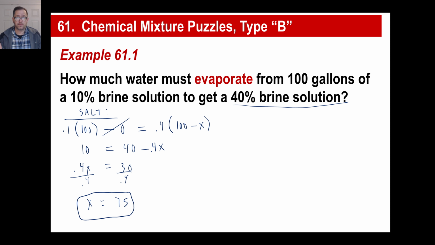By the way, if 75 gallons goes away, how much water do you have left? Or how much solution do you have left? 25, right? Okay. You still have